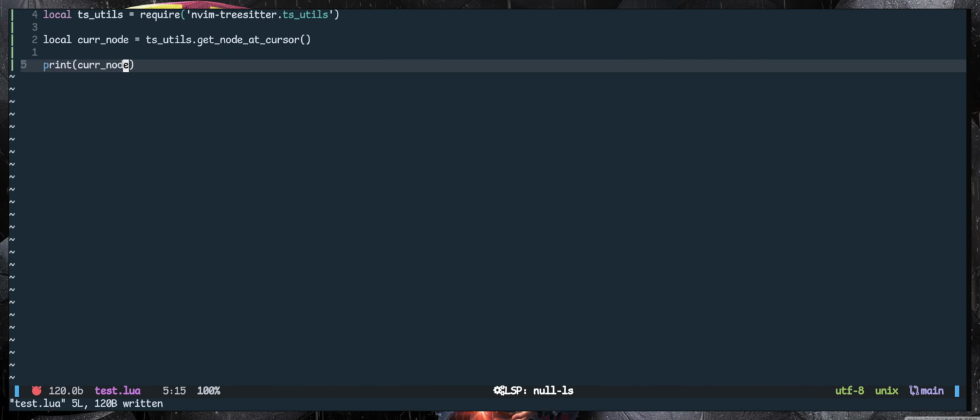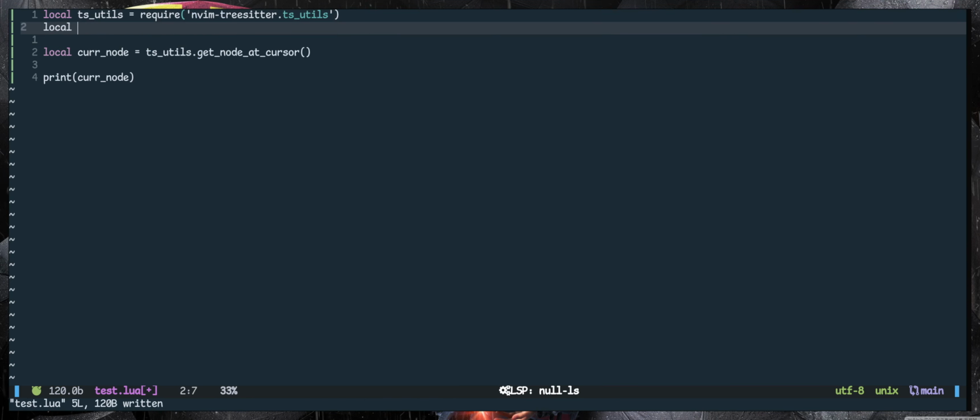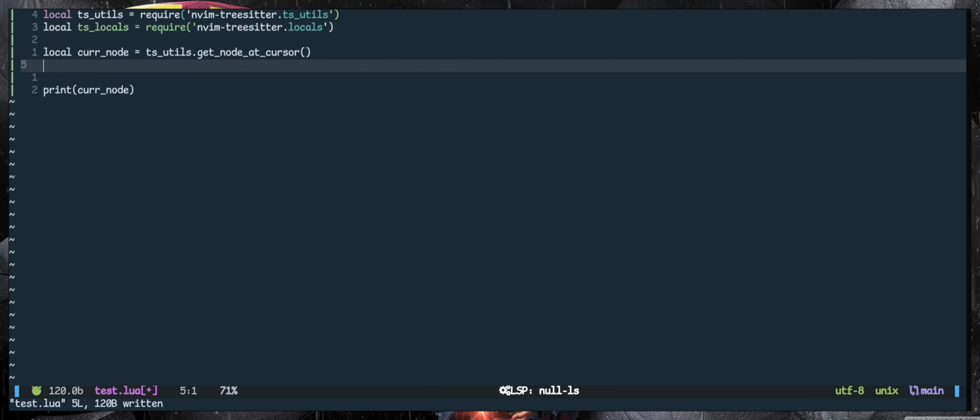Let's do that right now. Again, I'm going to import another module. For some reason the syntax highlighting is all messed up, but don't worry about that. So let's use ts locals to get the scope. The method is called get scope tree, and we're going to pass in the current node as well as the